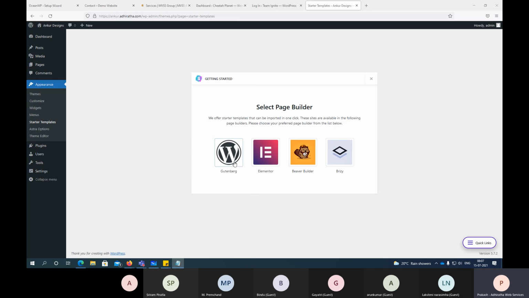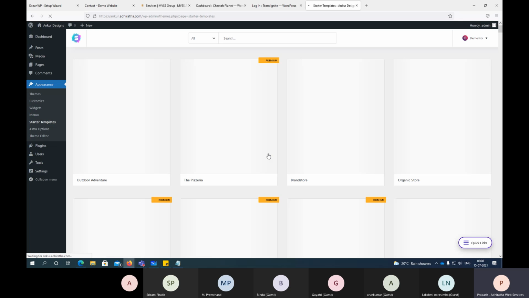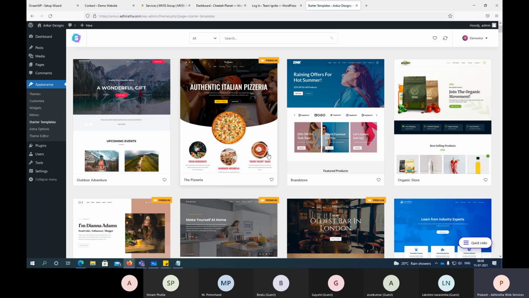Similarly, here you have these editors. So how it will help, I'll tell you. Like, you know, Arun was asking how to edit an image or upload an image, etc. Right? So how easy it can be done. So we use Elementor. Elementor is, again, a plugin. So I'm selecting Elementor. I have not installed that plugin still. I just selected Elementor as an editor for us. So it will show you what all websites are available using the Elementor editor.